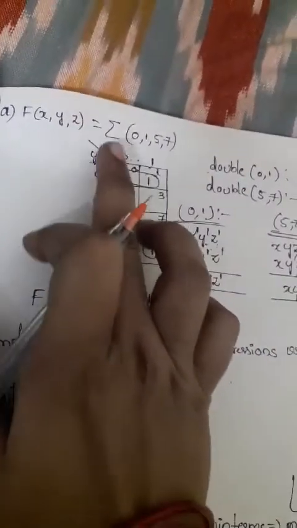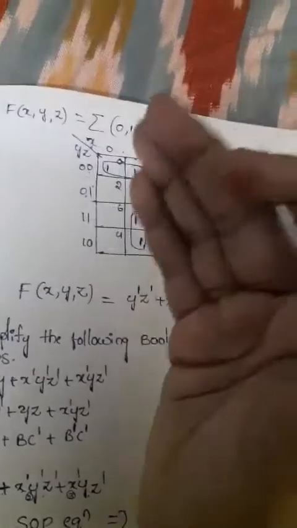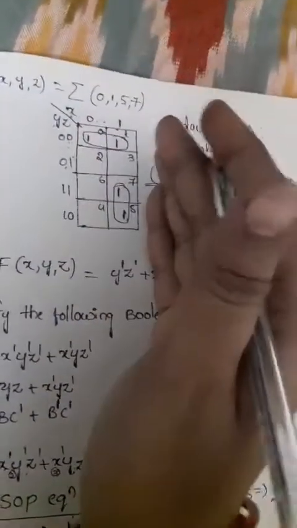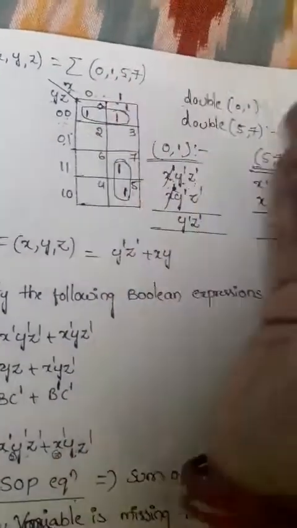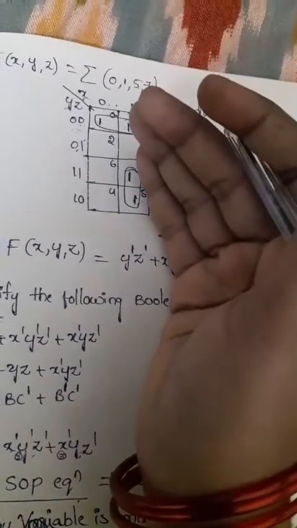3 variables. Here the first cell consists of 3 variables, x, y, z. If you are presenting a K map and the cell contains 1, that cell must and should contain all 3 variables. If any variable is absent, that K map is not satisfied. That function is not applicable for that K map if any variable is missing in that function.